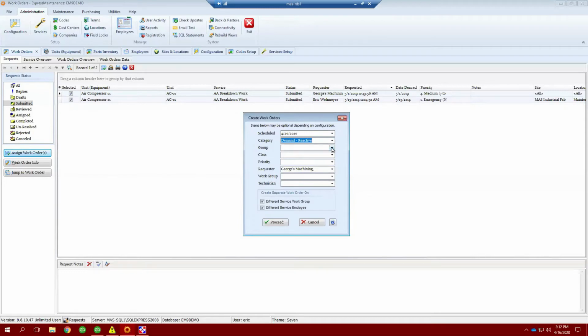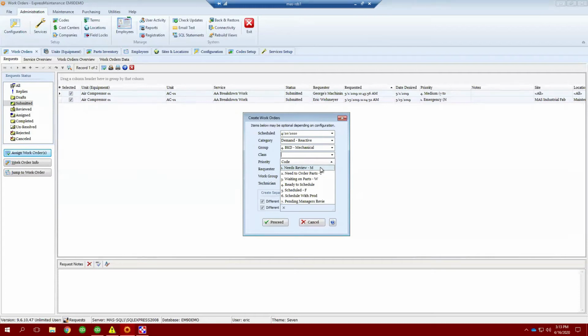So then you have your group code. Again, this is a completely customizable field. If you haven't figured that out, you can put in all your breakdown codes. We're going to put in the mechanical breakdown classification. We're going to get into this a little bit more in detail later, but general overview, using classification